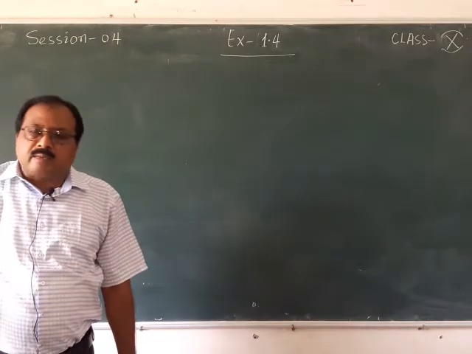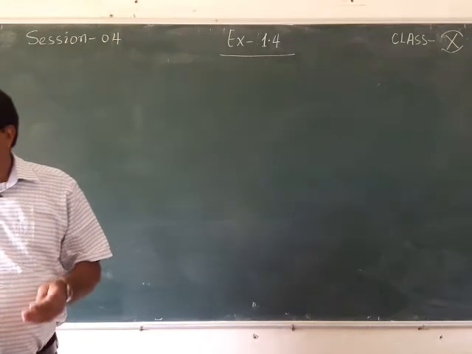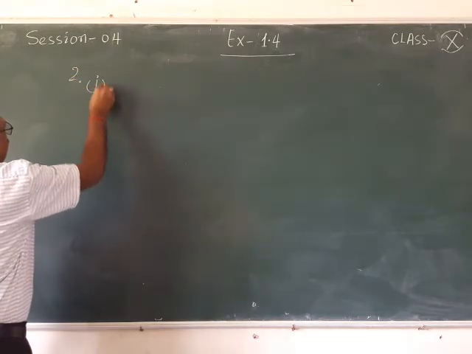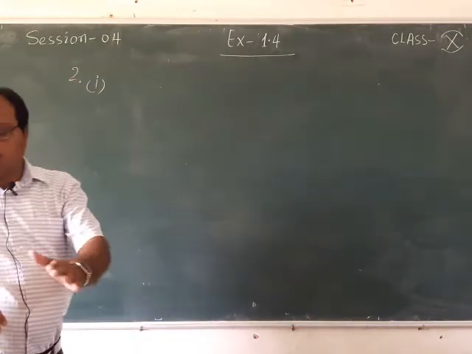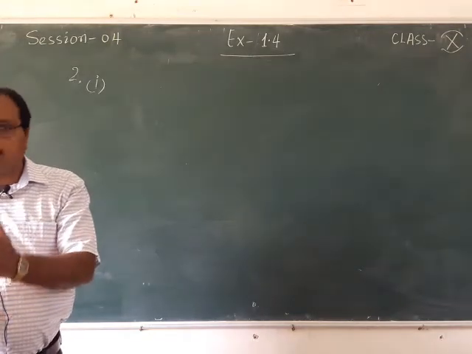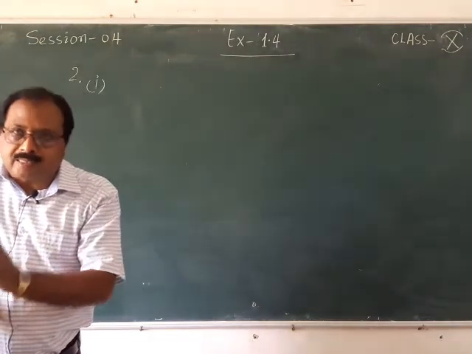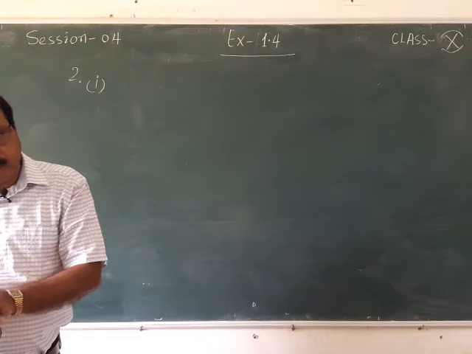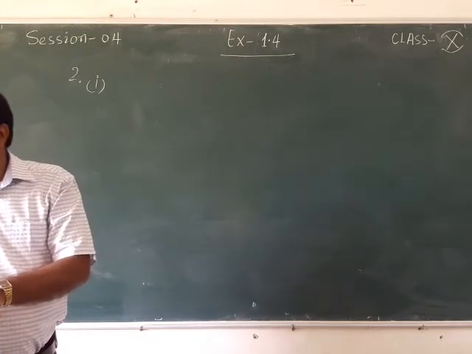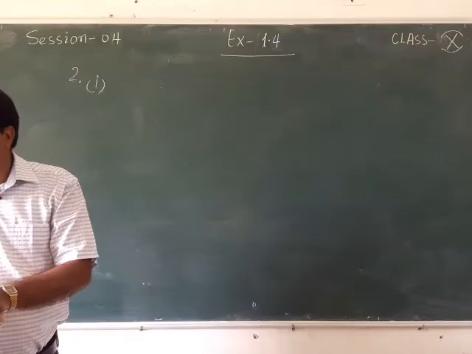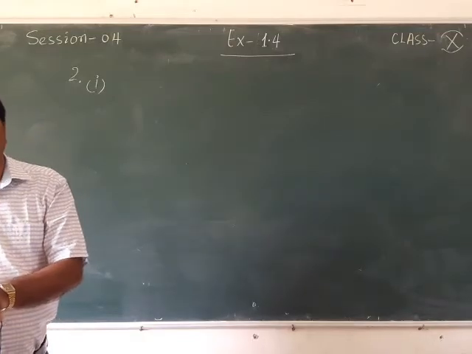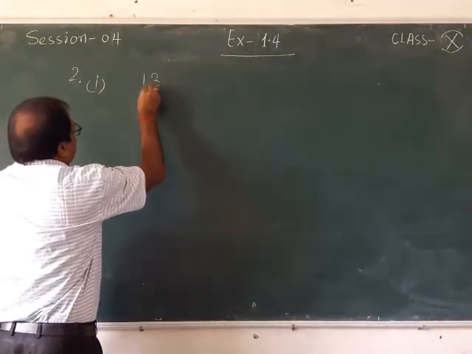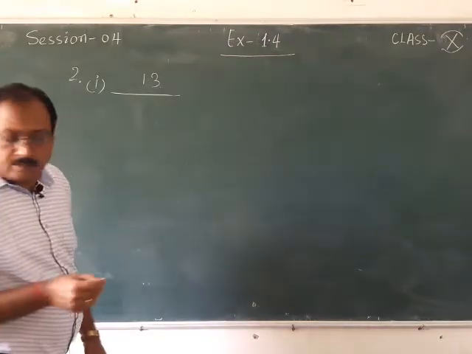Now you need to write these numbers in decimal form. So let us see how to write these numbers in decimal form. Again you will be coming back to question number 1 itself, because in question number 1 you just need to state whether the given numbers are terminating or non-terminating decimals. But in question number 2 you need to write the decimal expansion of the given rational numbers. So how will you do this? Let us see. Going back to question number 1, the number is the same, 13 upon 3125.